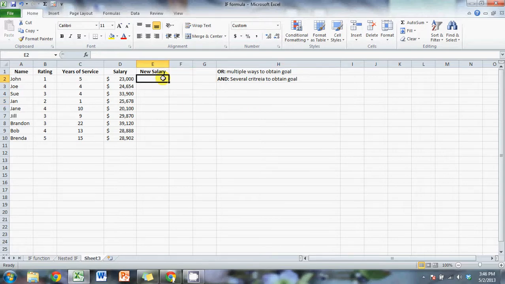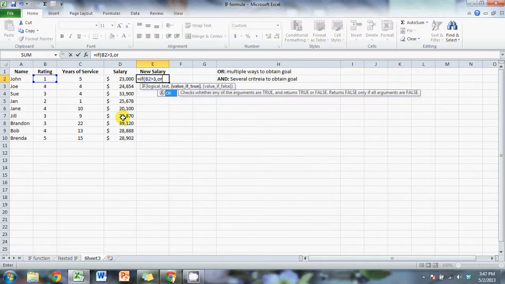So we're going to start with the OR function. We're going to do what I talked about before. So we're going to start our if statement, and this is where it's a little less intuitive, but once you understand what's going on, it makes sense. Now, normally, people would think that you're going to open up your if statement, type job rating greater than 3, and then after you do that, you would do comma or, but that's not the case. You actually need to do the OR function